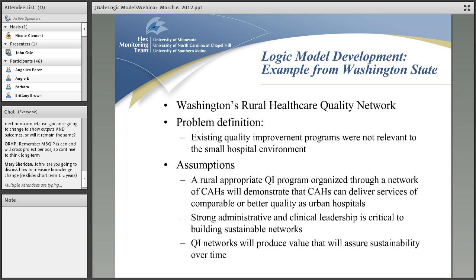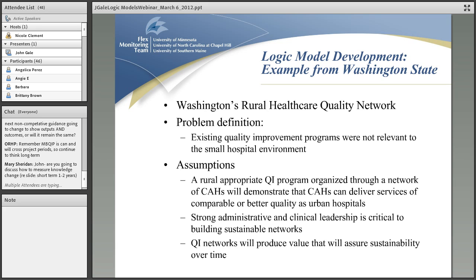This goes back to some work we had done a while ago, so it's not as current, but I think it rolls up and will let us describe and think about the evolution and the use of the logic model. And this, Bev Court, I think, was the Flex coordinator